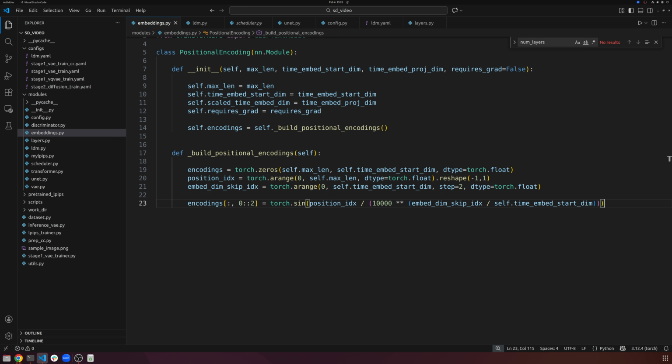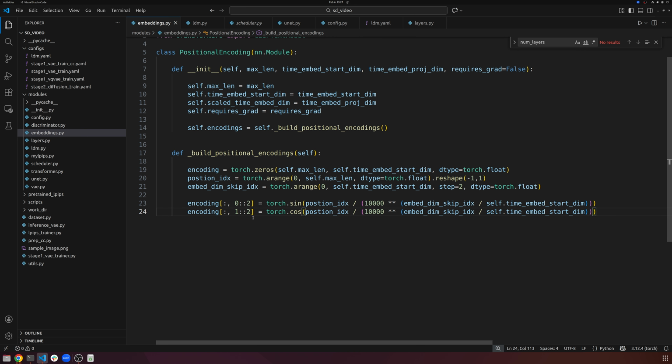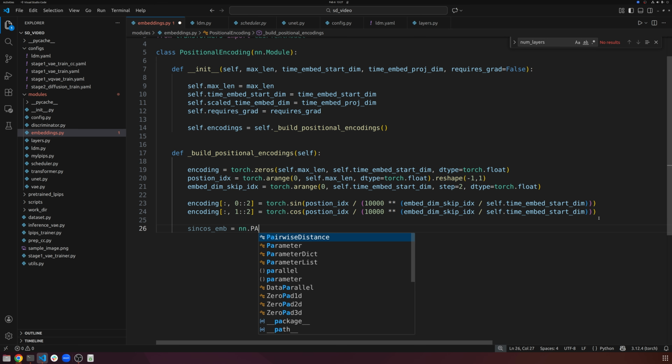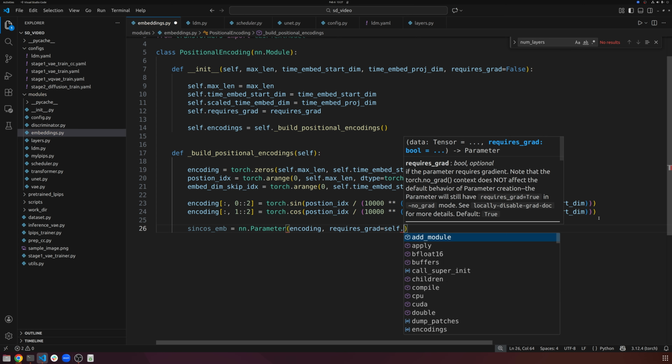So there you go. In the same way, I'll paste the rest of this in so I don't have to type that again. There you go. Same way, encoding, but now we're going to start from 1 to the end, skipping every other one, right? So it's 2i plus 1, it's cosine, and again, everything else is the same, right? Nothing else really changes. So our sine cosine embed is going to be nn.parameter encoding, and requires grad is self.requires